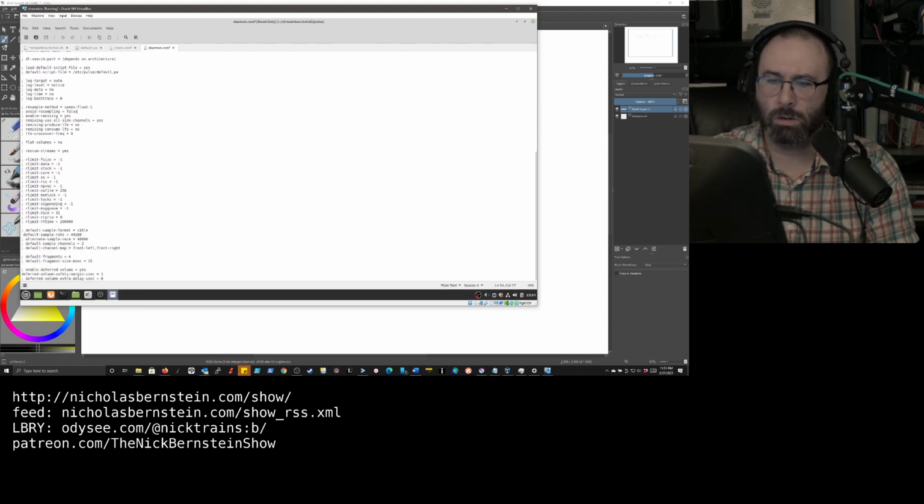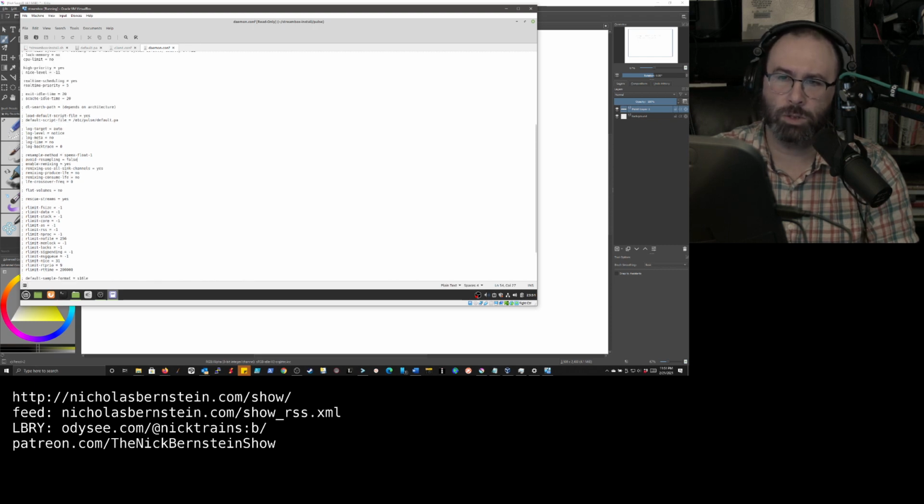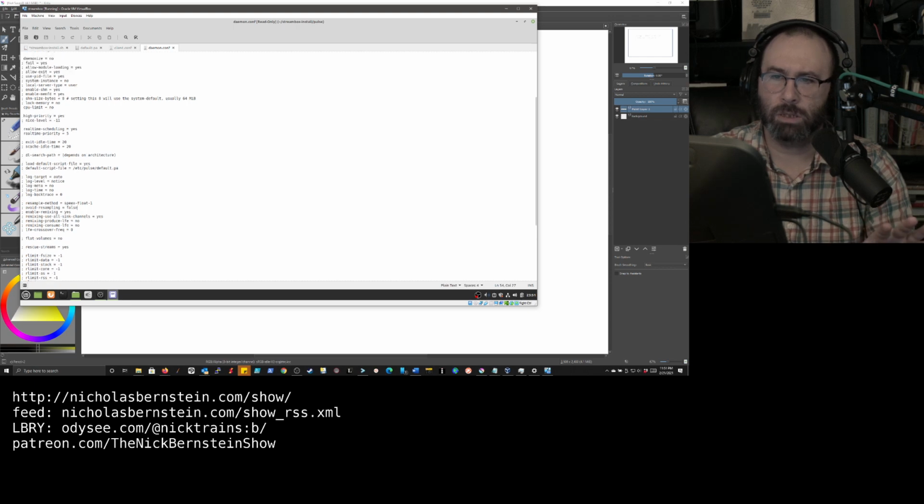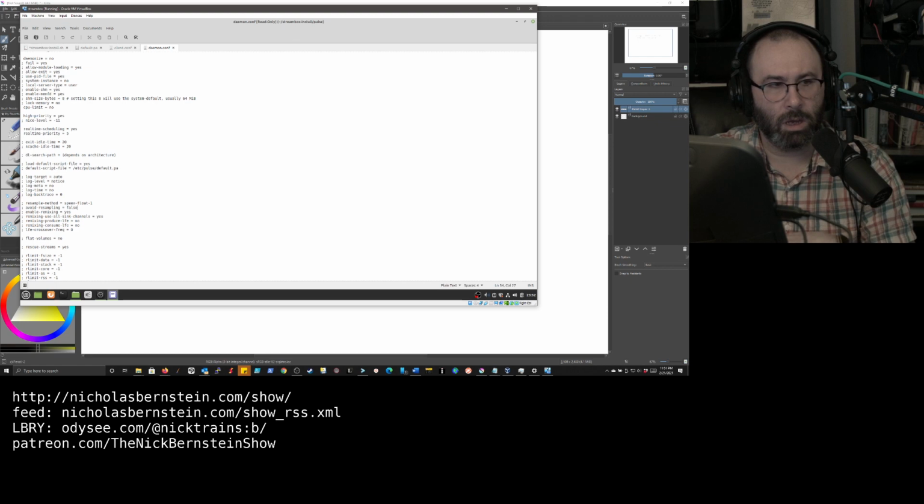Let me scroll down here. Change the default sample rate to 44,100, and I think that was basically it. I think the deferred volume safety margin USEC equals 1 was already uncommented. But once I made those changes, basically the CPU dropped dramatically, and it was no longer kind of running at